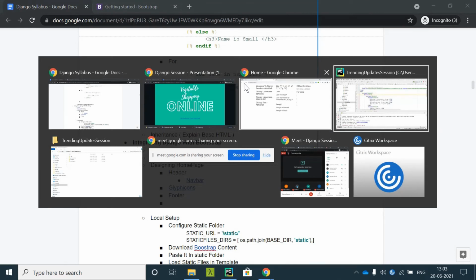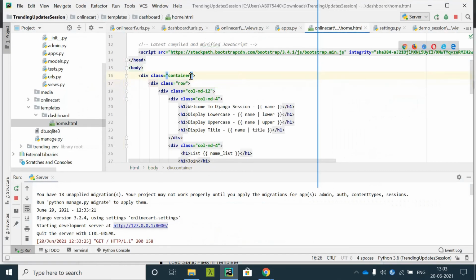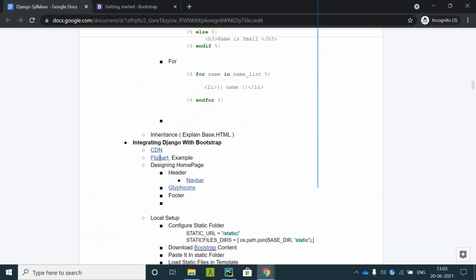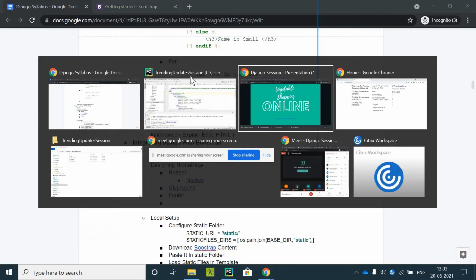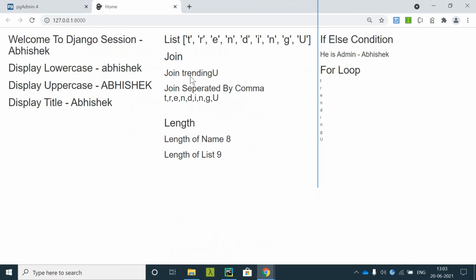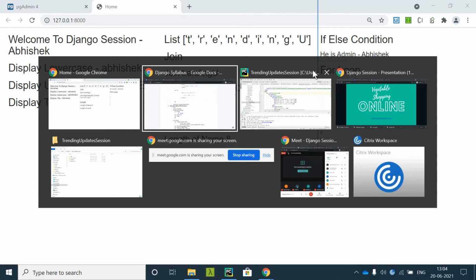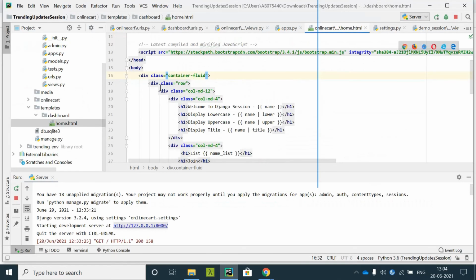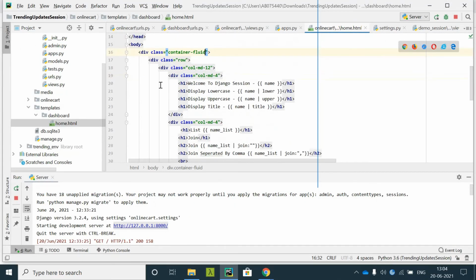If you say container-fluid, it will use the entire size of your page. So as of now we'll use the entire page. So this is the main content.